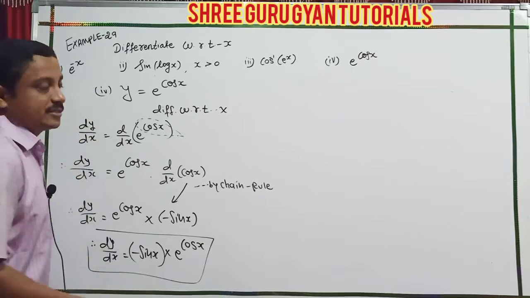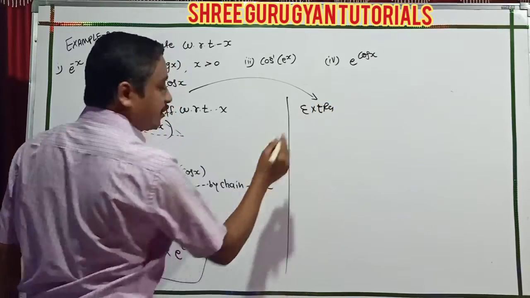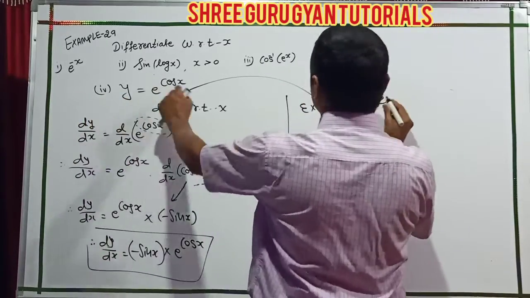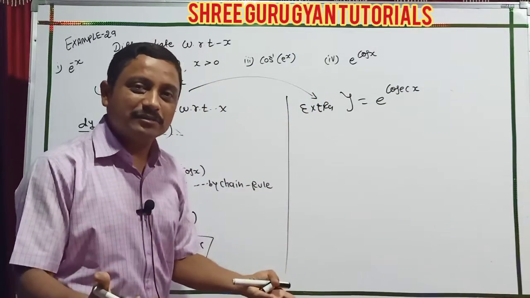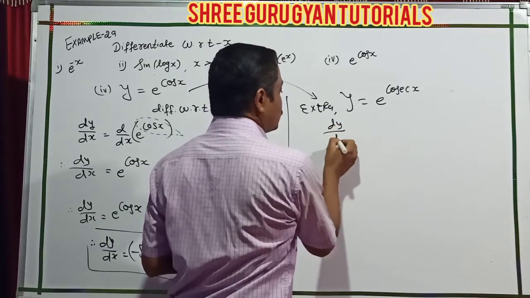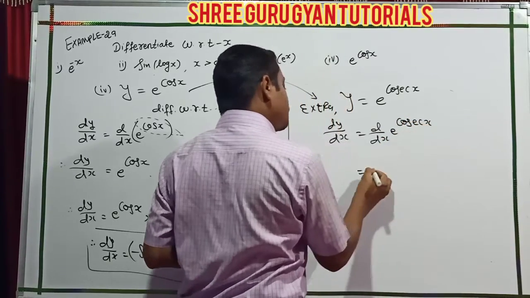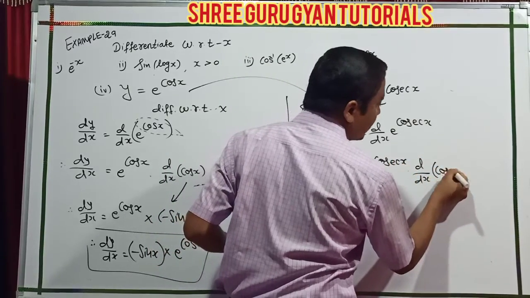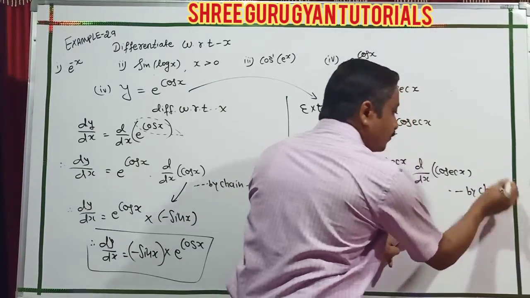And here it is done for this numerical. But students, one more extra question I show for your better practice. Yes, y is equal to e raised to, this time I am taking cosec x, and here sin, cos, tan, sec, cosec, cot, I am taking one more. So dy/dx, d/dx of e raised to cosec x. So the e raised to derivative same, and the derivative pending is of cosec x by our chain rule.